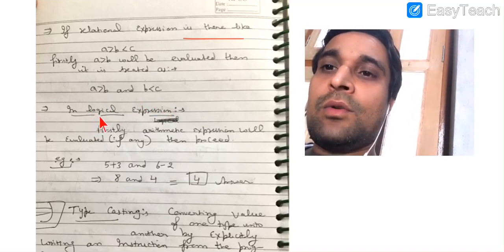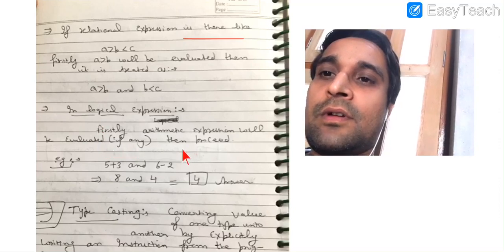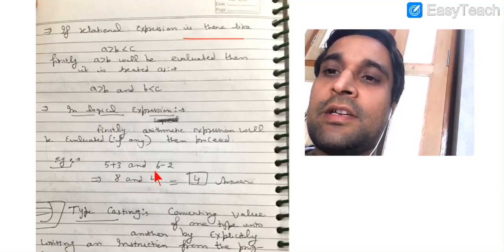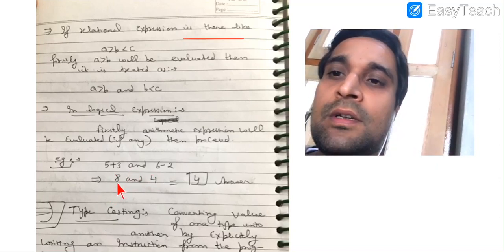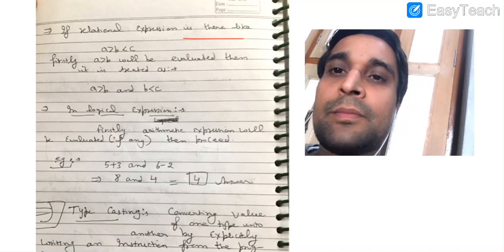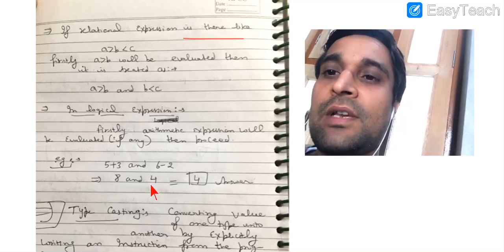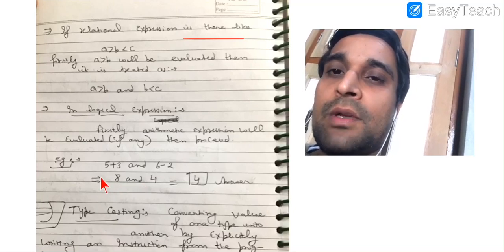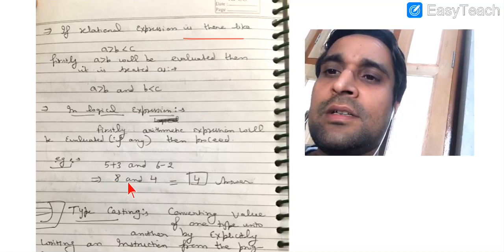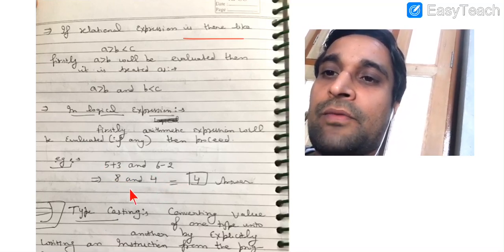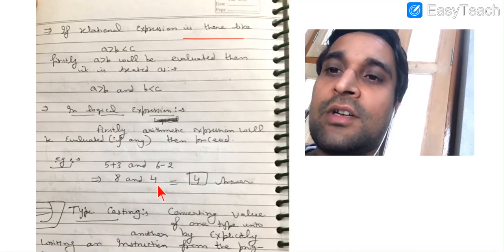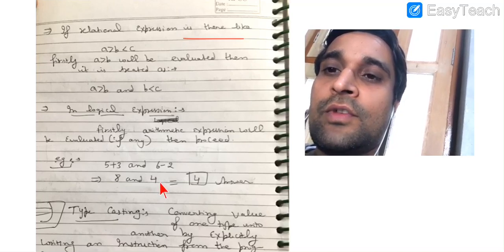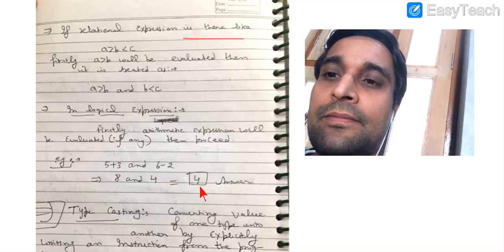Now what if we have a logical expression, and we are using an expression in which arithmetic and logical operators both are available? Then very first we are going to evaluate the arithmetic part of the expression, then we will evaluate the logical part, because arithmetic operators have more precedence than the logical operators available in Python. So 5 plus 3 will be 8, 6 minus 2 will be 4. If we are performing the AND operation, our first condition is true, so we are going to check the next condition. The next condition is also true, so we get the next as the result.